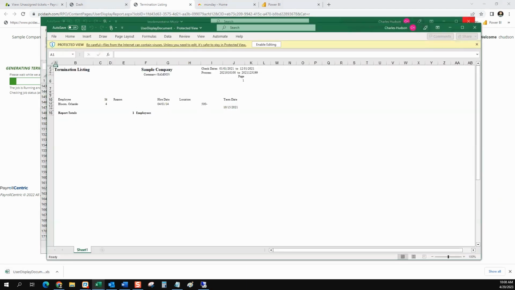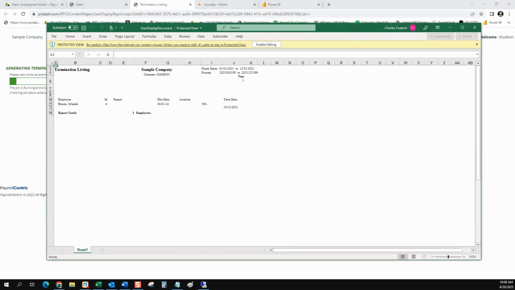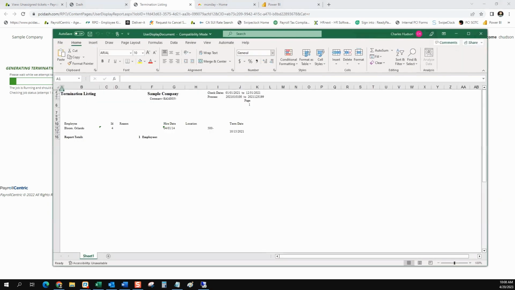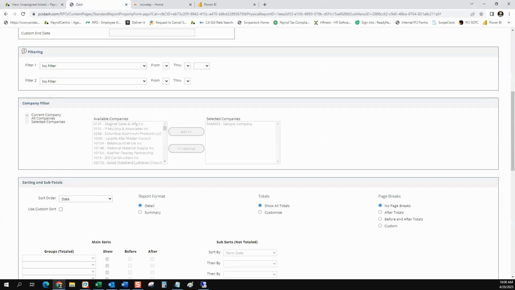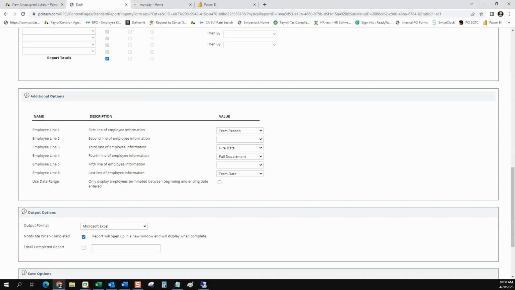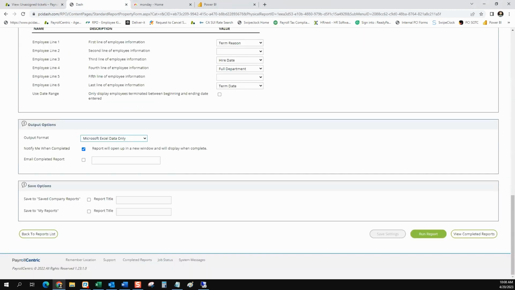All right. Okay, and this is the report as it looks. All right, so I just enabled the editing. This is what it looks like if I just brought it over in Excel. As you can see, it looks like the PDF. But if I stop that and I go down here and I change it to Microsoft Excel data only, and then I click on Run Report,